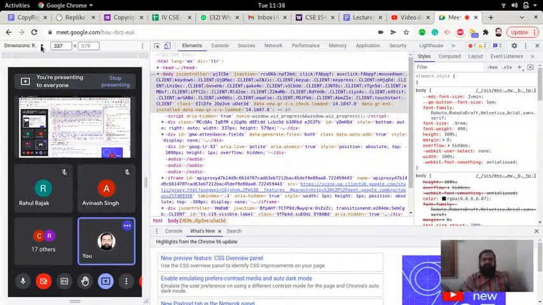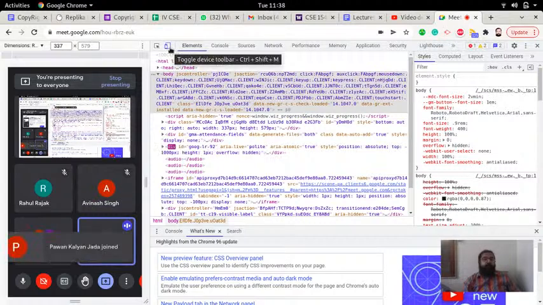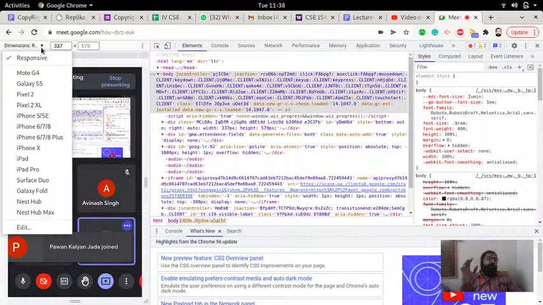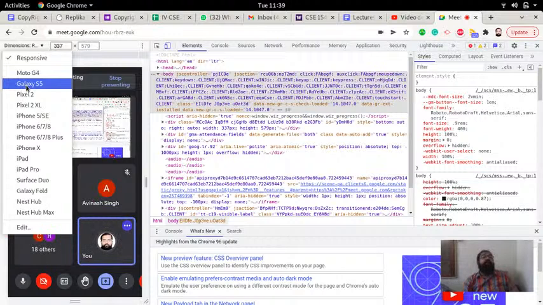So this is something that I have shown on Google Chrome. So I pressed F12, which was for inspect elements, and along with that over there is a toggle device toolbar, okay. So in this toggle device toolbar, you can actually select which device you might be looking the screen on, okay. So it could be Moto G4, Galaxy S5, Pixel 2, Pixel 2 XL, iPhone 5 standard edition, I believe,